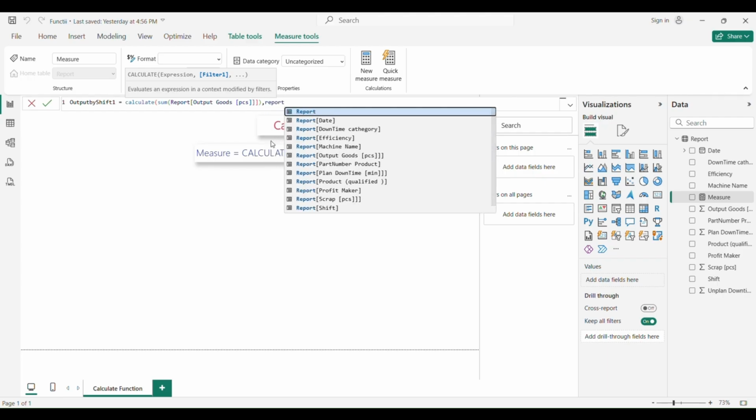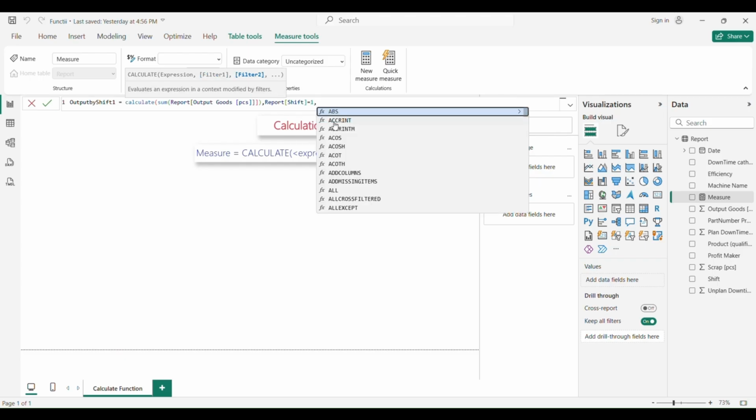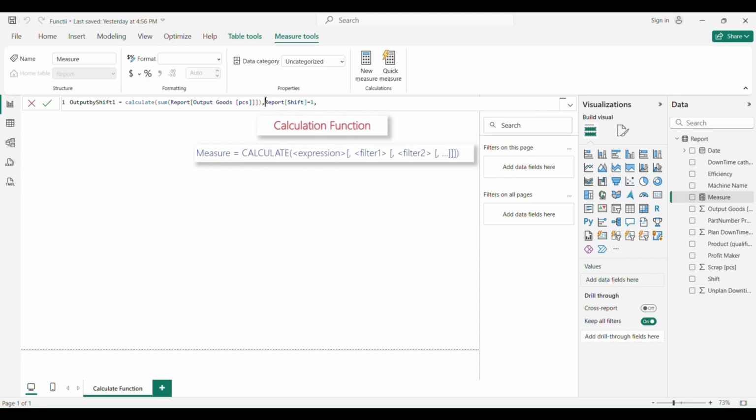So we will say report shift 1, because I want to filter by shift 1, so this is equal to 1. We don't need quotes, this is just an integer. Then we want to split the formula a little bit so that we can see it easily. So we press shift enter and you can see that it was moved below.